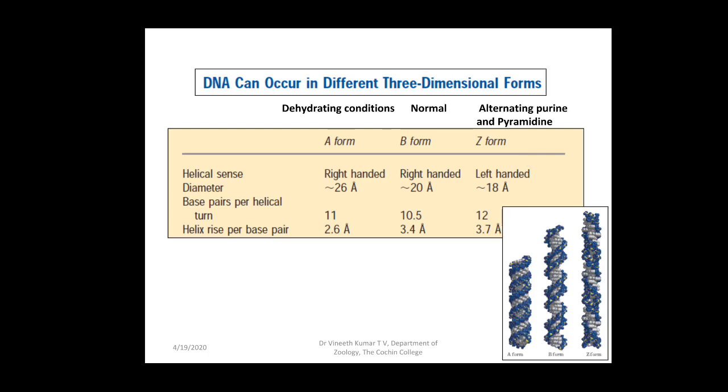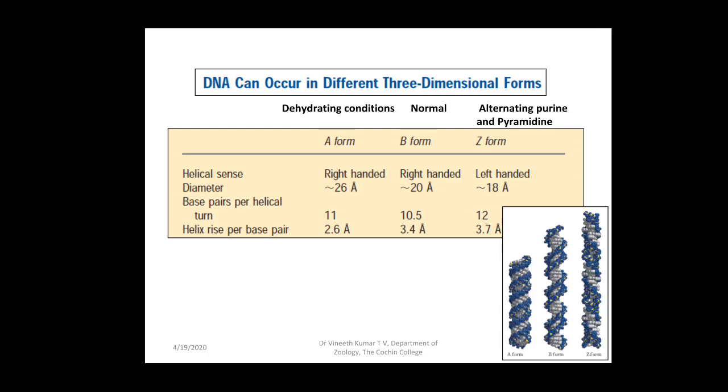And DNA, apart from the normal structure described by Watson and Crick, has other forms of structures seen in different conditions, and two such DNA forms are A-form DNA and Z-form DNA. B-form DNA is the structure of the DNA which was described by Watson and Crick. So we'll see what A-form as well as Z-form DNA are.